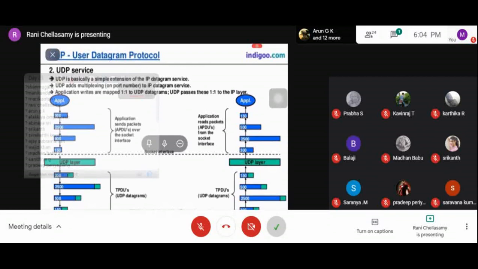The 2500-byte packet is too long, so the IP layer fragments that UDP datagram into 1000 bytes and 1500 bytes. So 2500 is divided into 2 packets and sent to the receiver.